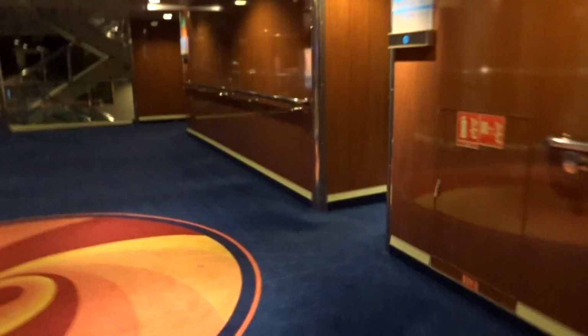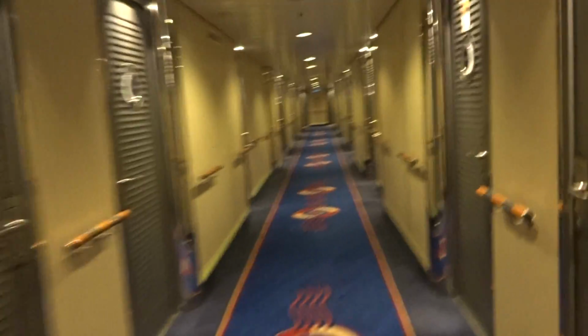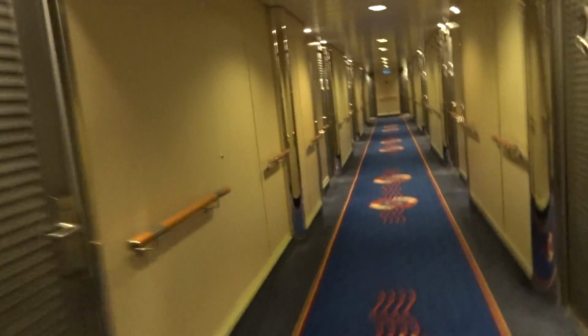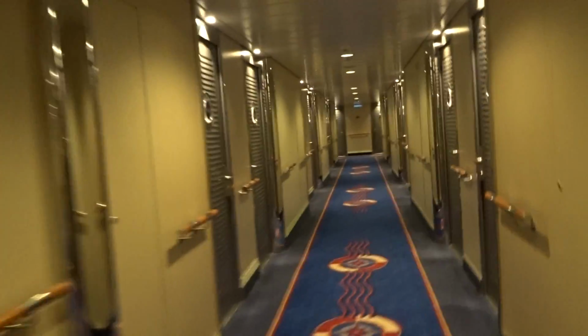Okay, here we are on the gate. Here is the corridor, port side cabins, the forward cabins, port side. Okay, my cabin is 8223 and here is the card. Alright,